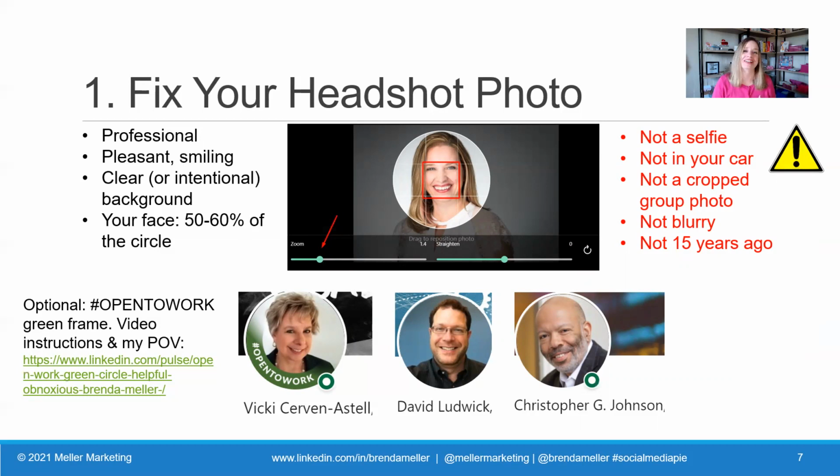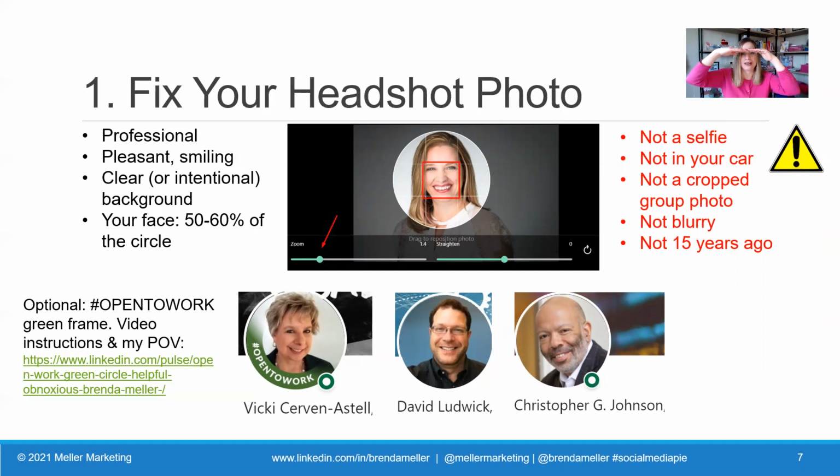And then really important here too, make sure that your face from the top of your forehead to the bottom of your chin should be 50 to 60% of the circle. So what I would recommend, if you click on your photo on the desktop and click on edit, there's a little zooming tool and you can actually zoom and move in on it so you can crop it a little bit tighter. And what I like to look for is they give you this circle with the 9 squares and look at the middle square.